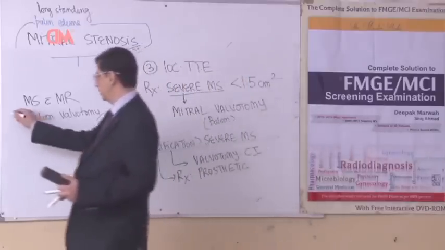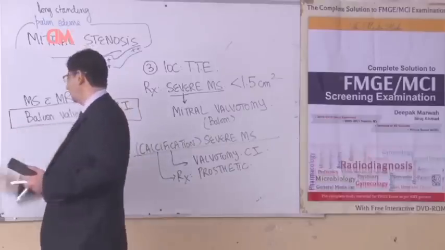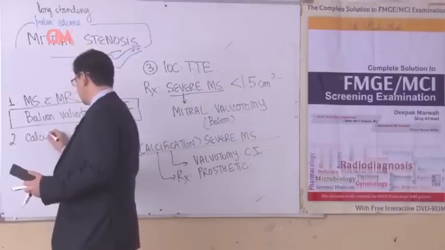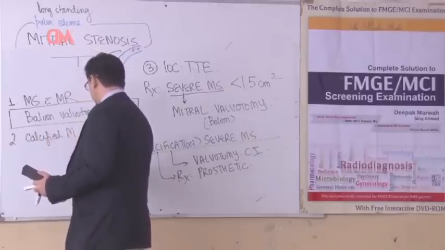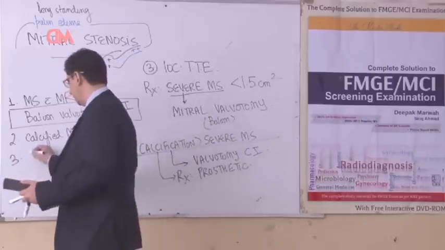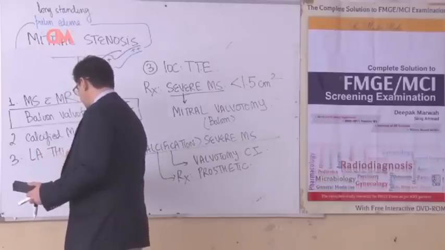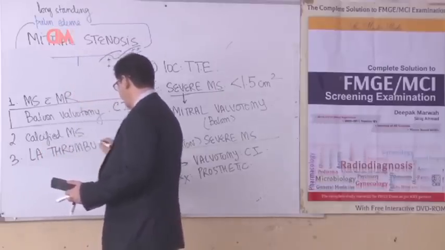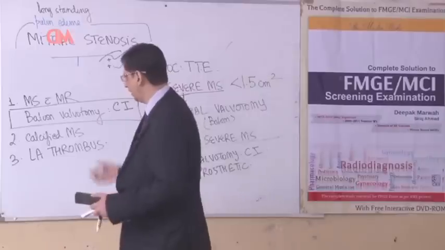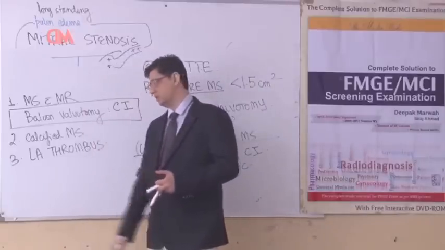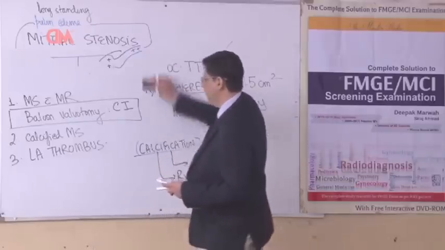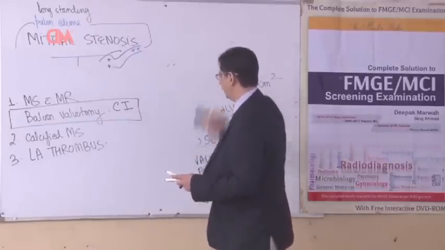If you get a question that says what are the contraindications for a balloon valvotomy, one of the contraindications is MS with MR. Second contraindication is what I just taught you, calcified mitral stenosis or calcified severe mitral stenosis. The third contraindication, just to be remembered for the sake of MCQ, will be patient having left atrial thrombus. The logic is that if a patient is having an LA thrombus and if the mitral valve orifice is small, then the thrombus will have a tendency to remain inside only. But when you deploy a balloon and dilate the opening, then this thrombus can go into the systemic circulation and cause an embolic stroke. So there are three contraindications for a balloon valvotomy, which would be MS with MR, a calcified mitral stenosis, and a left atrial thrombus.